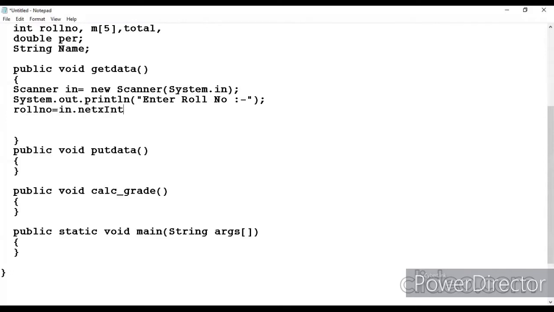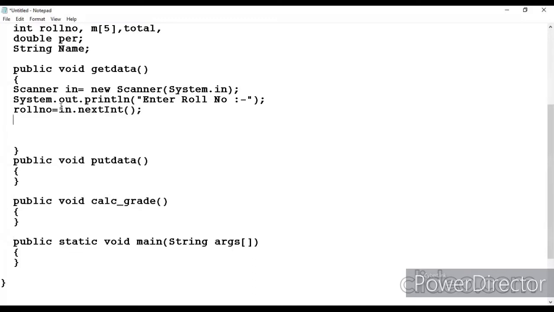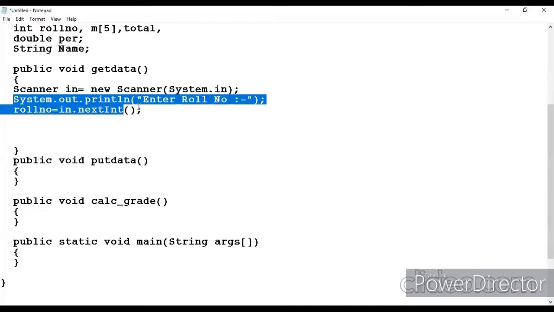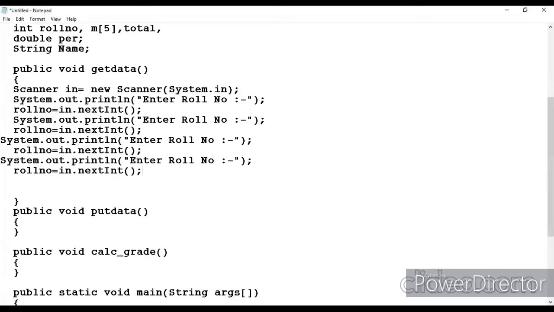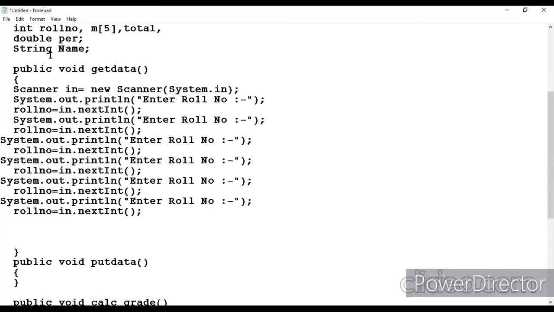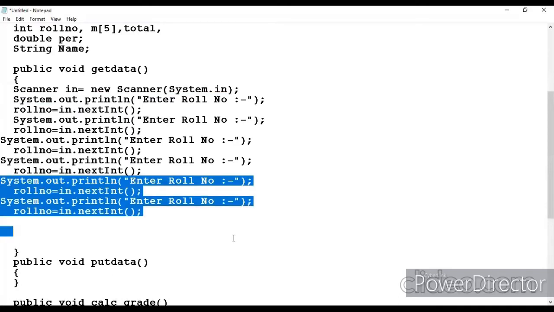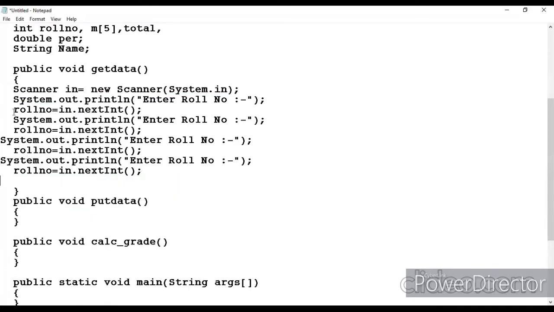Because I had taken it as integer type, I have to use the nextInt method of my Scanner class. There are a lot of things I have to input, the roll number, then the name.